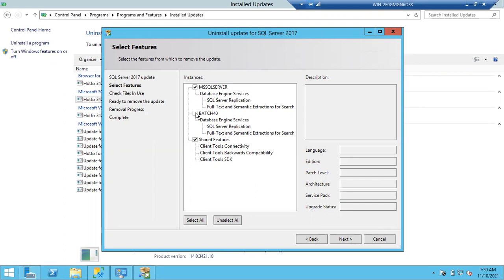When same versions are there, you can see multiple instances on the screen. If different versions are there, those versions are not eligible for this patch, right? So Patch 40 and the default instance belong to the same version, 2017, and you can see them here. Of course we haven't patched Patch 40 yesterday, so Patch 40 is unselected. If you patched Patch 40 also, but you want to remove only the default instance, select only the particular instance which you want to remove and you can go to next.